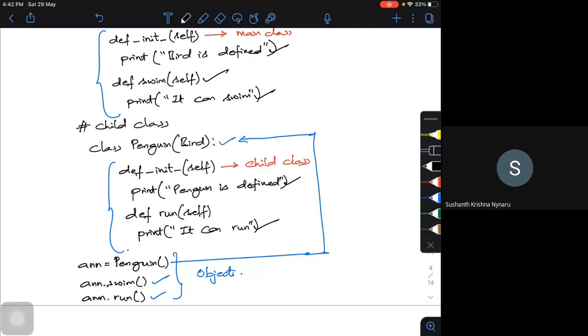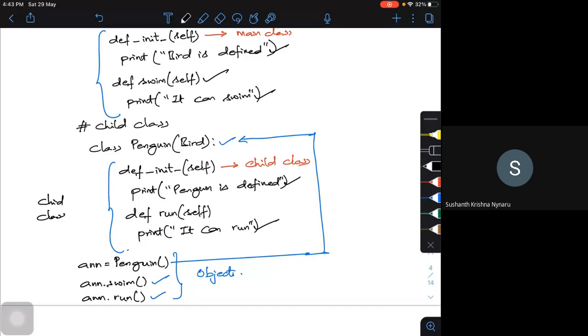Now the child class has modified this particular behavior. When I try to use this child class, it has modified the behavior of the parent class. That is, it has gone and executed the parent class. It has modified that and I'm able to get an output.